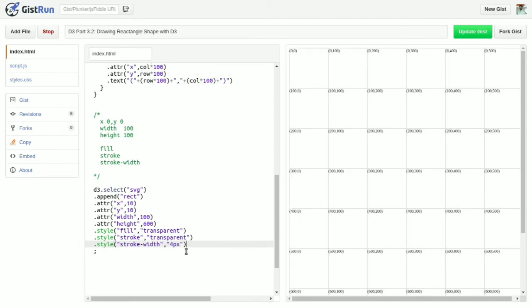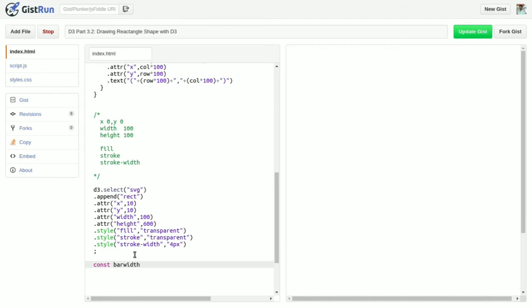Now this is done. Now I want to draw the bars from the various data points. So I have const barWidth equal to 20 pixels, the width of the bar.